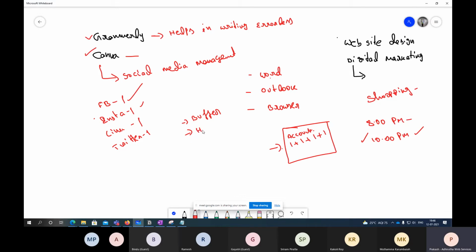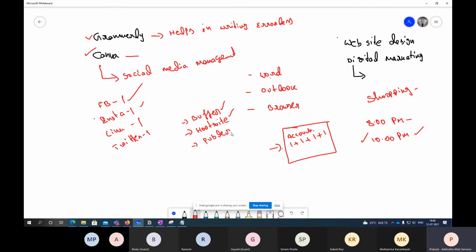I'm not sure. Earlier they were offering free plans, but right now I'm not sure. And we have one more tool called Publer, right? We'll be exploring Publer more, and we'll be using that one for our purpose. But you guys can explore these tools first of all, right? What Buffer is, what Hootsuite is, and how they are going to help, we'll see.